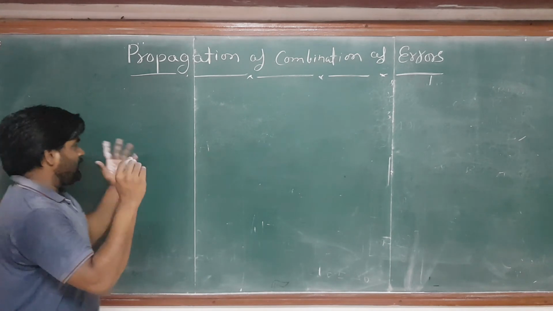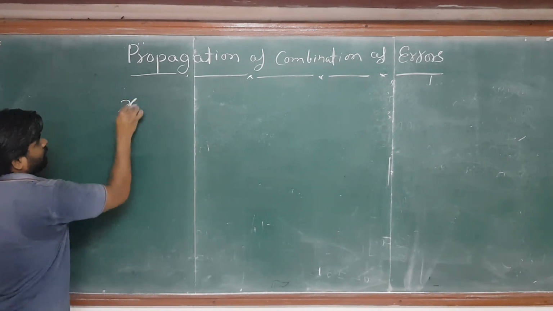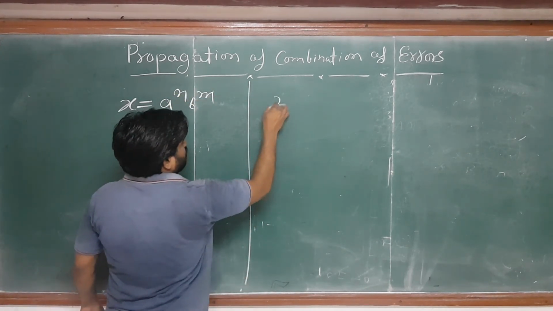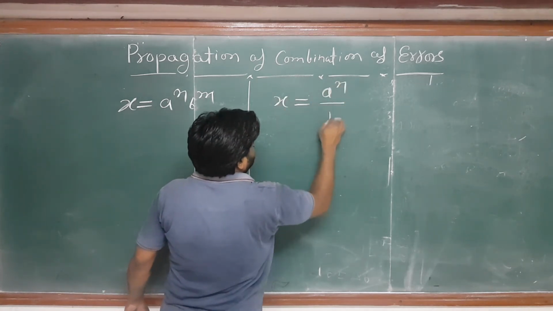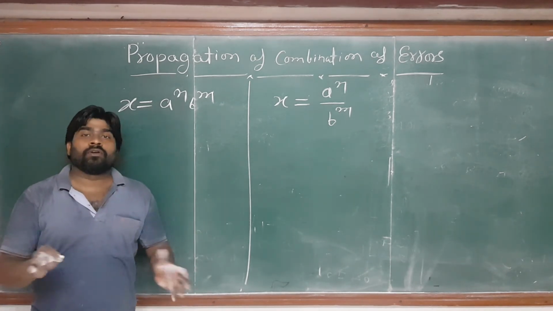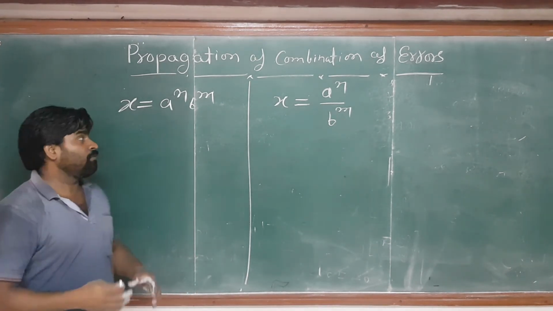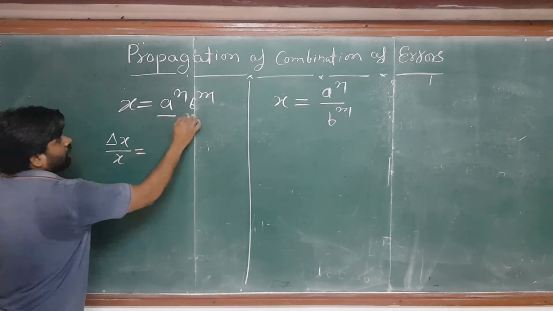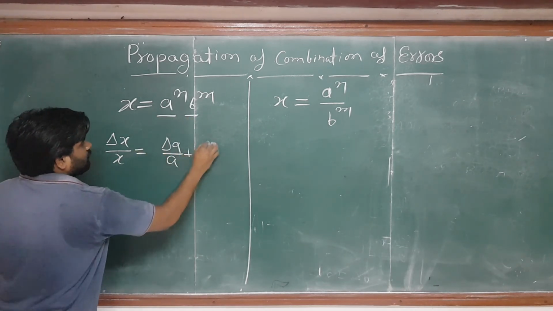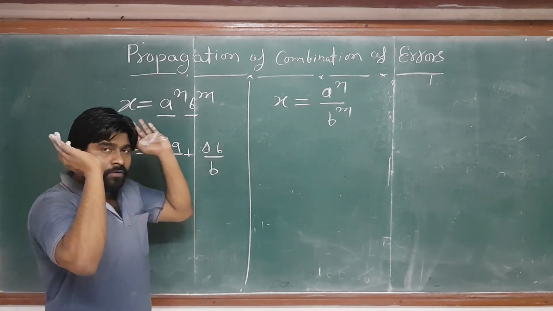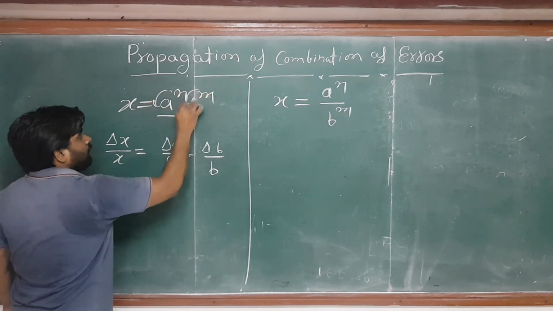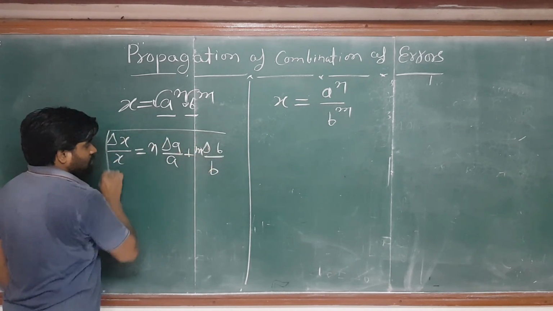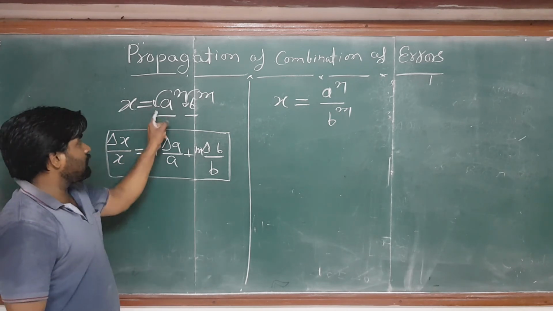There is one more thing, as you can see here on the board, if x is equal to a to the power n, b to the power m, and suppose there is one equation x is equal to a to the power n divided by b to the power m, then how to solve? Because what I told you earlier had no n and m, but here n and m are the powers. So you don't have to do anything. Here del x by x, and a and b, you will write del a by a plus del b by b, nothing else. The power of each, you will multiply in front. So this power becomes the multiplication coefficient of a and b, along with this formula. So you will write the n here and the m here, nothing else. A simple method. Okay, n in front, m in front.